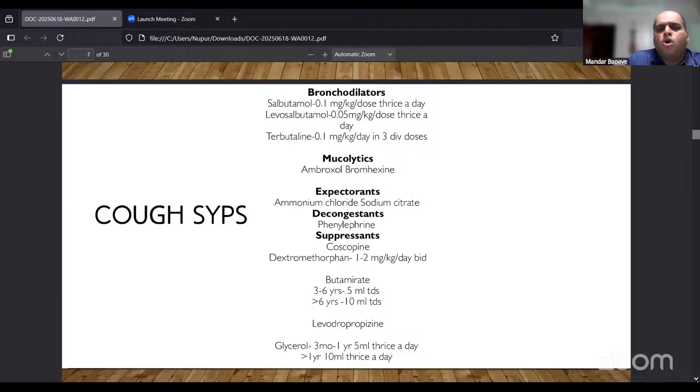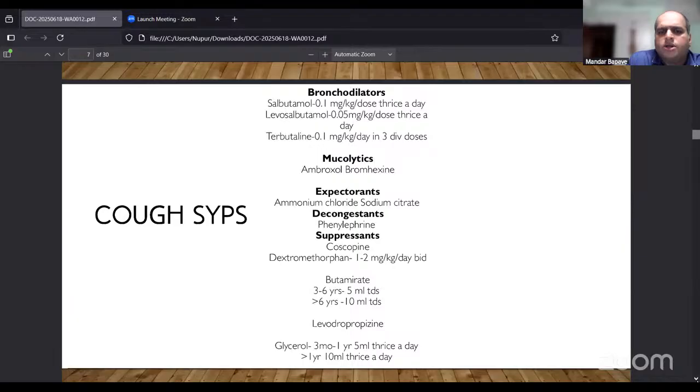So there are old preparations like codeine, and the peripherally acting cough suppressant like dextromethorphan, which is given at 1 to 2 milligram per kilogram per day in two divided doses. Butamirate, which is a newer cough suppressant, again a peripherally acting suppressant, is given at 5 ml TDS in 3 to 6 year olds. In more than 6 years, we give double the dose. Then levodropropizine is another newer cough suppressant, and the latest, which is widely used in the Western world as an OTC product, is